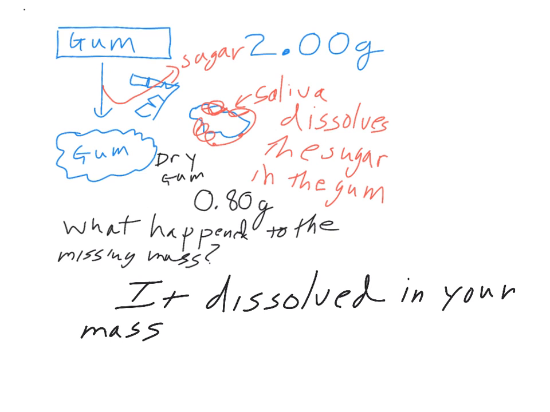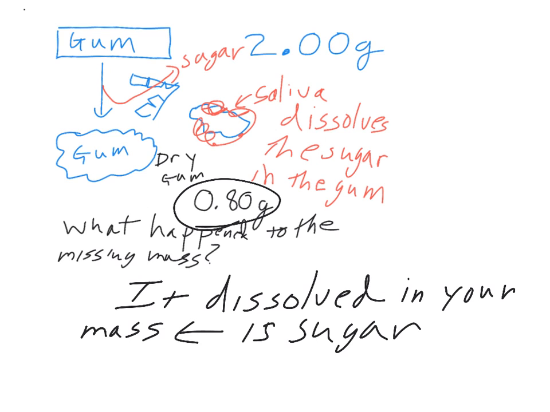In other words, the missing mass is sugar. So to get the amount of sugar, you're going to take,